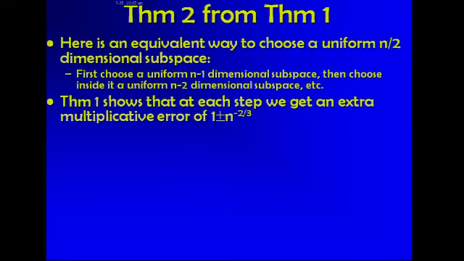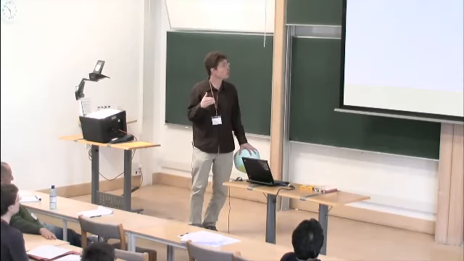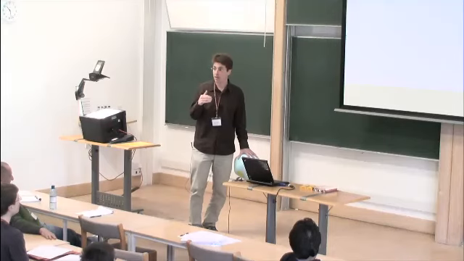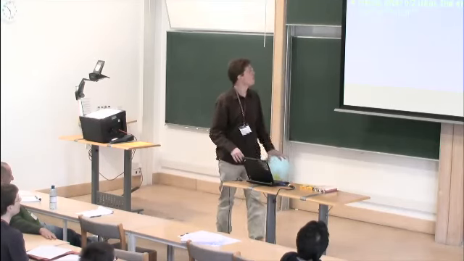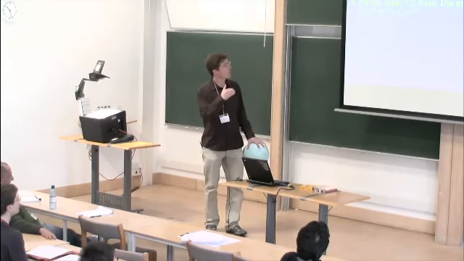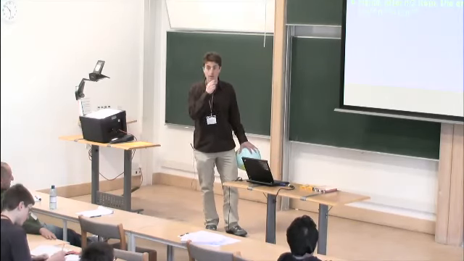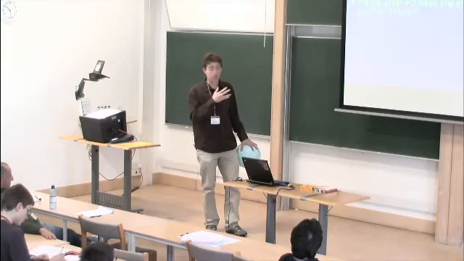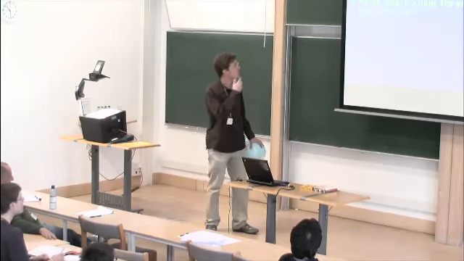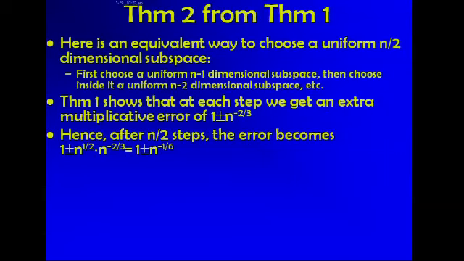Any idea why? It's like a random walk. It goes up and down, because it's sometimes going to be plus n to the minus 2/3, sometimes going to be minus n to the minus 2/3, and if we're lucky, they're going to cancel out. We're going to end up with that after n over 2 steps, the error only grows by square root n, not by n, due to cancellations, because it behaves like a random walk. You actually have to prove this, of course, but indeed that's what happens. After n over 2 steps, the error becomes 1 plus minus n to the minus 1/6.